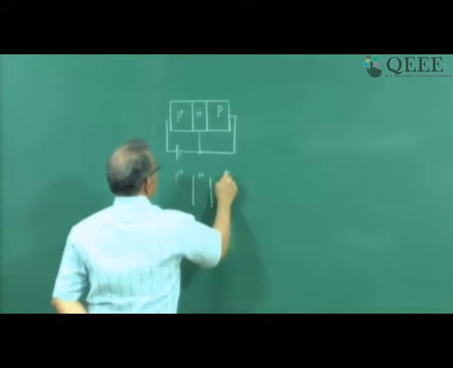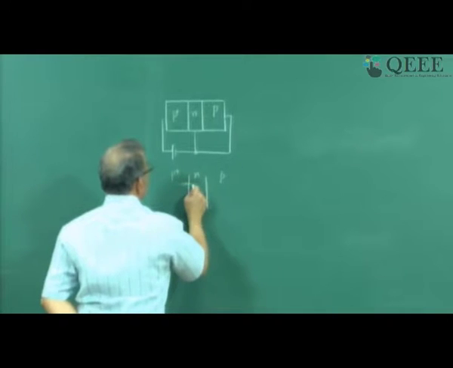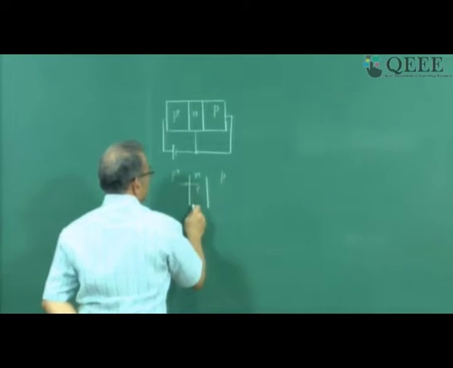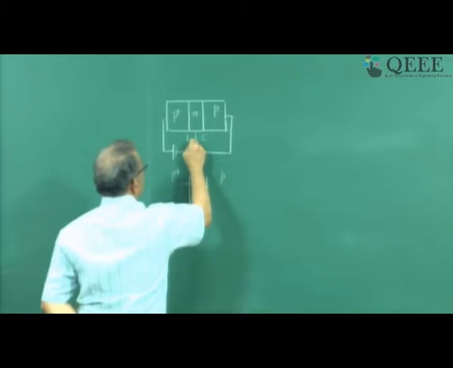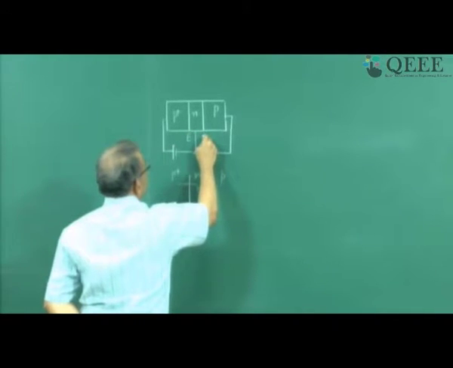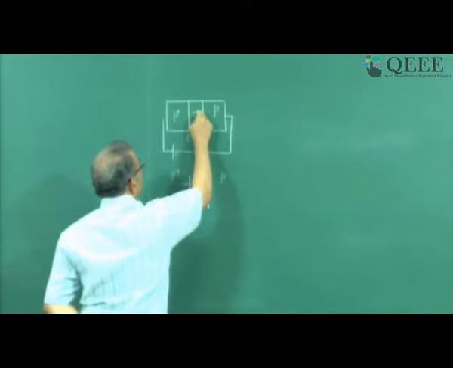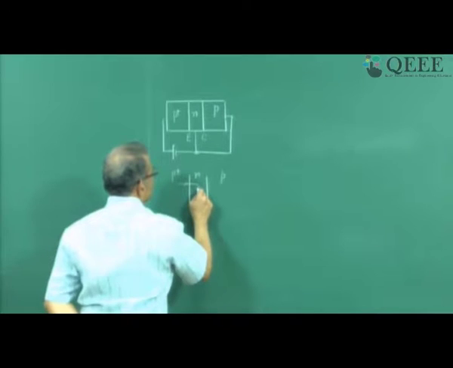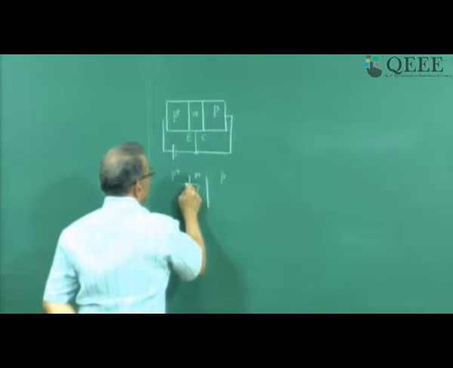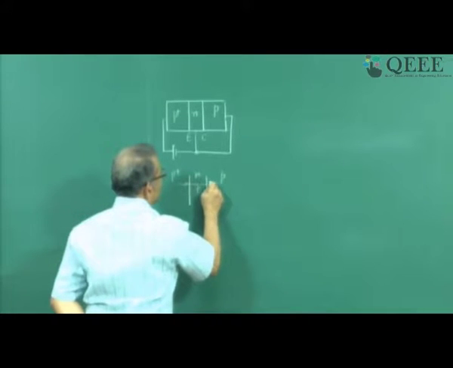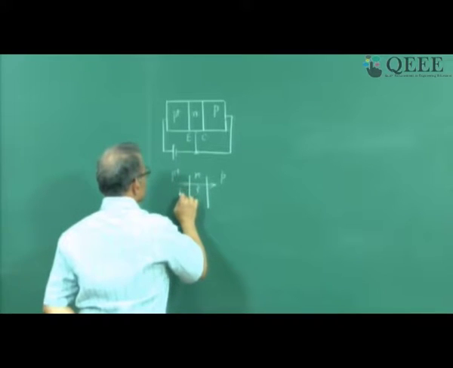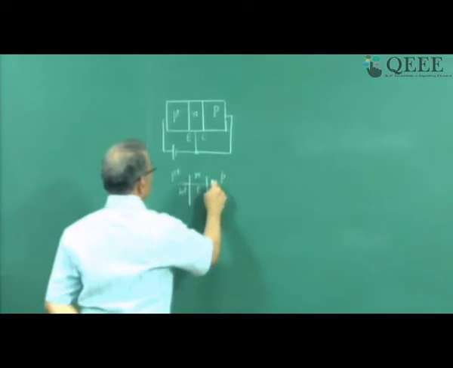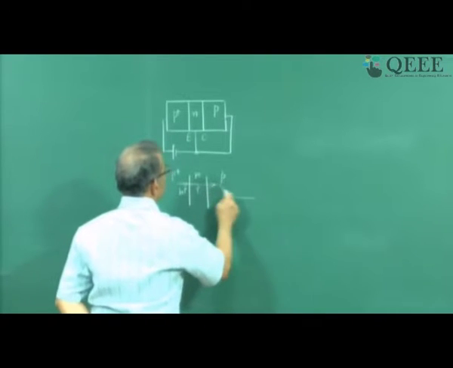P plus N P, P region is injecting holes and they are recombining. If this N region is very close, this junction, this is called the collector junction and this is called the emitter junction. So if the collector junction is very close to the emitter junction, then amount of recombination in N region is small. So this current is very small as compared to the current injected. Therefore, some holes will remain and they are going to cross over to the P region. Right? So that is how you are getting this current, which then flows out of the terminal.